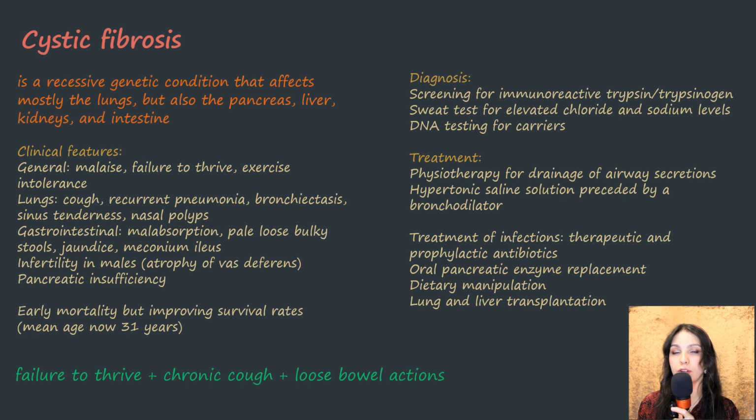And also for this condition there is a very specific diabetes mellitus, which is not associated with diabetic ketoacidosis. Osteoporosis is seen in up to 75% of adults with cystic fibrosis. So diagnosis is screening for immunoreactive trypsinogen, the sweat test, the most important one, for elevated chloride and sodium levels, and DNA testing for CFTR. Treatment: there is no cure for cystic fibrosis, and treatment is based on correcting the nutritional deficiencies